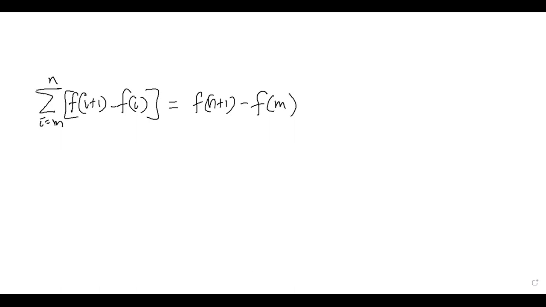Okay, so the next thing that we're going to do is the proving of it. So the proof: first we start from the left side, the summation of f of i plus 1 minus f of i,